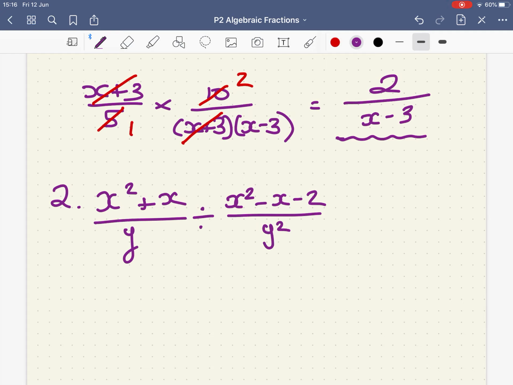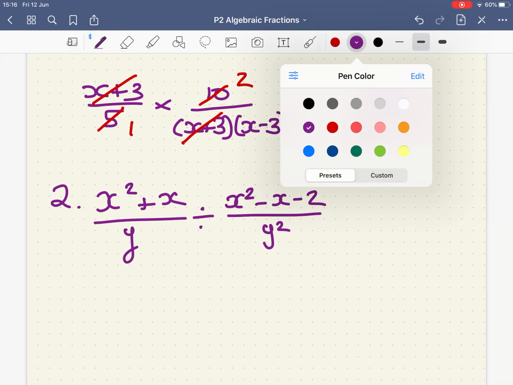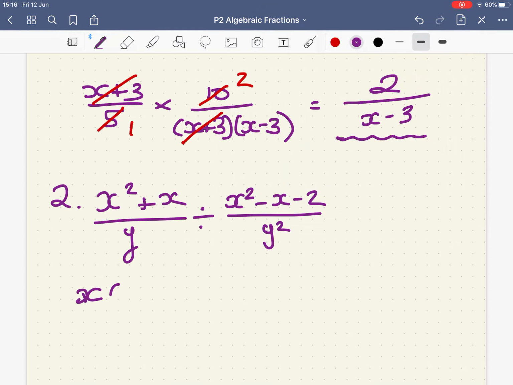Okay, now the first thing that you need to do is look and see what can be factorised. Well, that can and that can, so I'd like you to do that. And then also think about what we do with this divide here. So I hope you remember that we leave, we change and we flip. All right, so I'd like you to get that far: factorise, leave, change, flip, then come back to me to finish it off. And back with me, so we get x plus 1 over y divided by, this will factorise into,